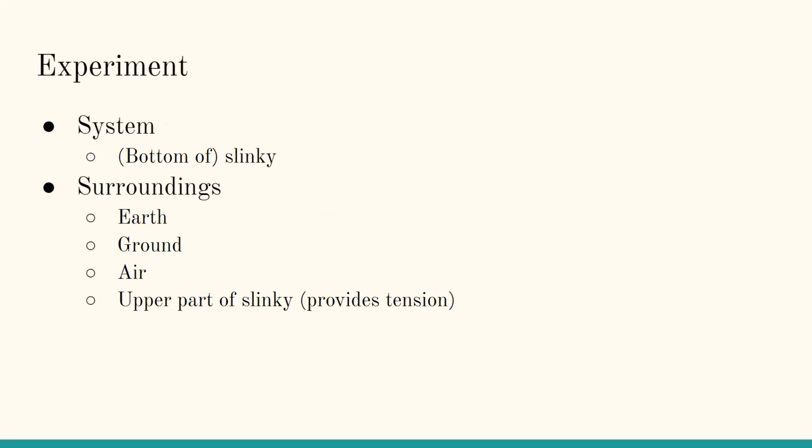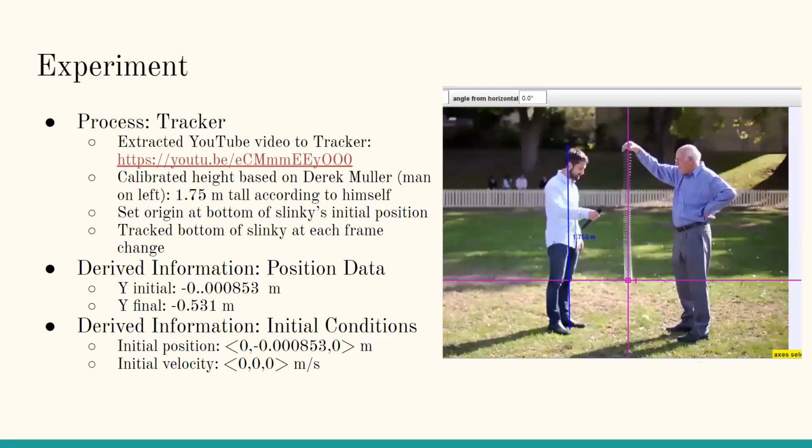For this experiment, the first step in performing the lab was to identify the system and surroundings. My system is the bottom of a metal slinky, and the surrounding is the earth, ground, air, and the upper part of the slinky, which provides the tension force. For the experiment, I utilized a YouTube video suggested in Canvas. I then used the Tracker software to obtain data about the motion of the